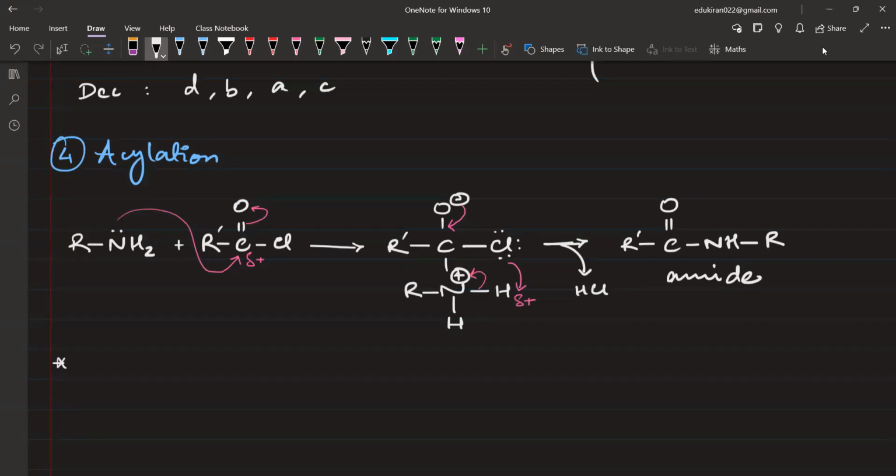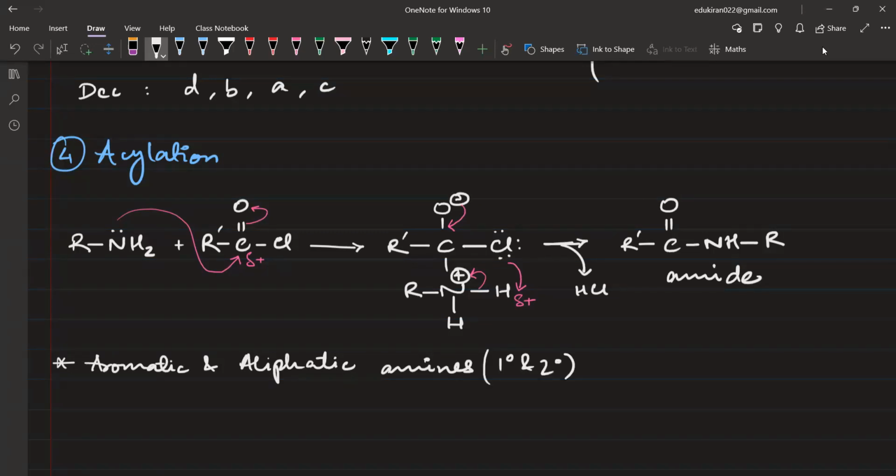You can write aromatic and aliphatic amines. Now, there is a caveat that since we are talking about amines, not all amines will react like this, because this chlorine atom needs to get a hydrogen. And hydrogen is only available in 1 degree and 2 degree amines. 3 degree amine does not have any hydrogen atoms. That is why amines, and I write 1 degree and 2 degree, react with